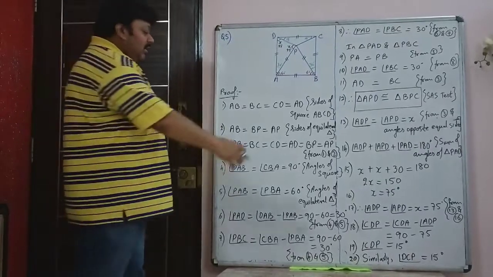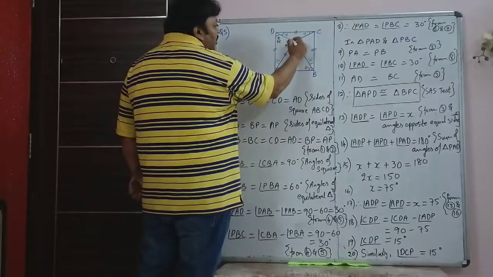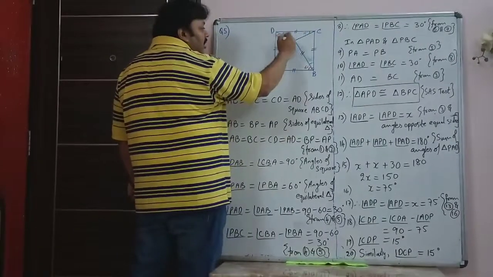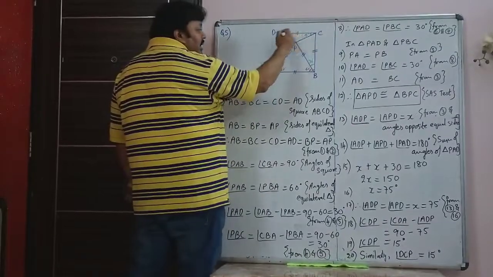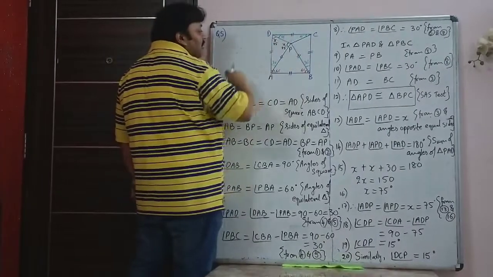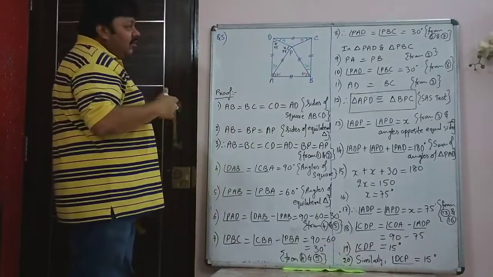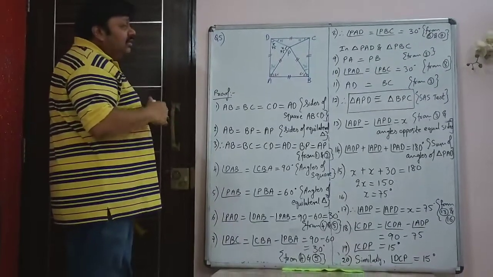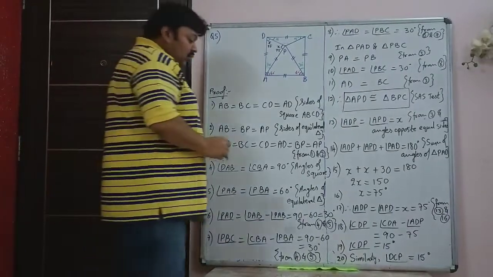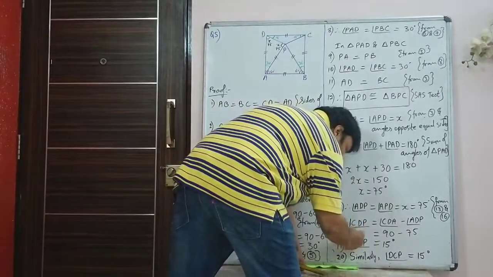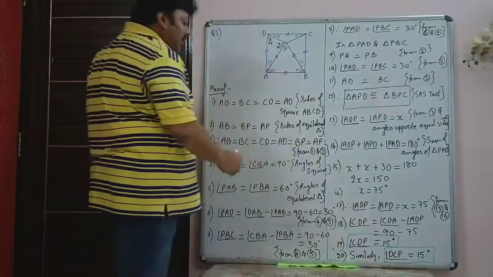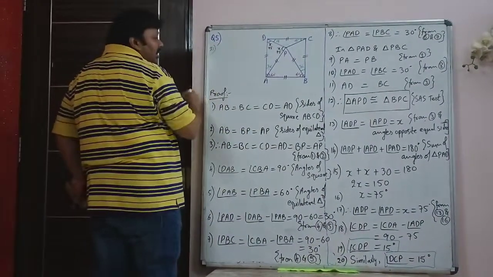One step I have to write, which I will write here. One step that remains is what is this angle DPC. You can take the triangle DCP, and in the triangle DCP, by angle sum property, you will get 15 plus 15 plus the angle DPC is 180. So angle DPC is 150, 180 minus 30. So it is 150 degrees. After you write these two steps, you can highlight them because they are angles of that triangle DCP which is asked. And the 21st step I am writing here.